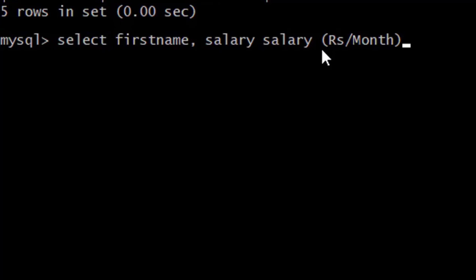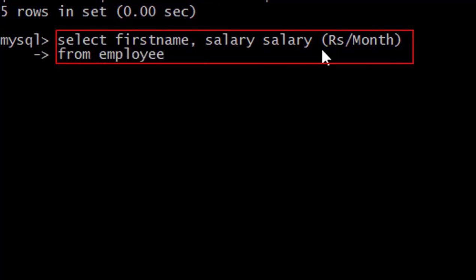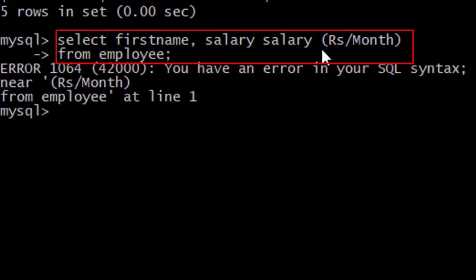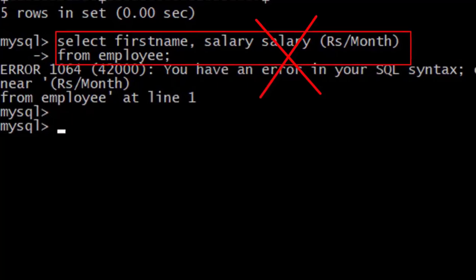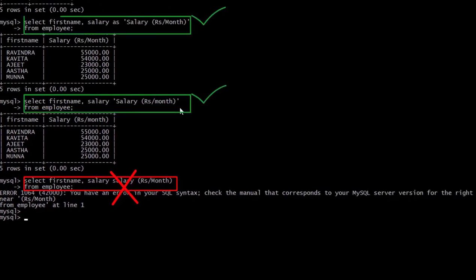So I am this time doing wrong, from employee. Now look here, this is showing error. Now the correct way is this one and this one. So I hope student you understood this second question of column aliasing or aliasing, and table aliasing we will learn later.